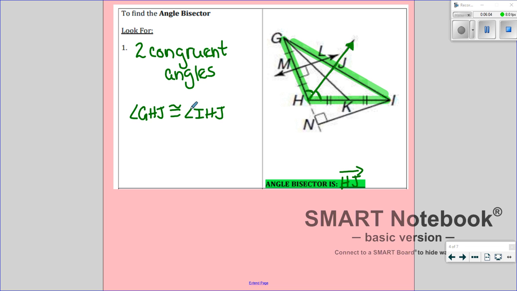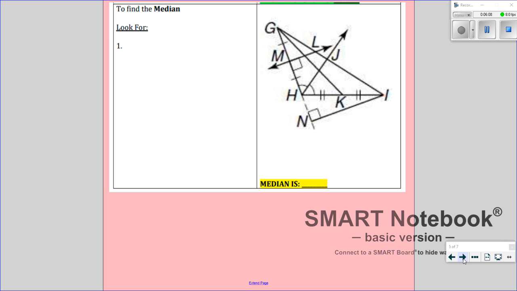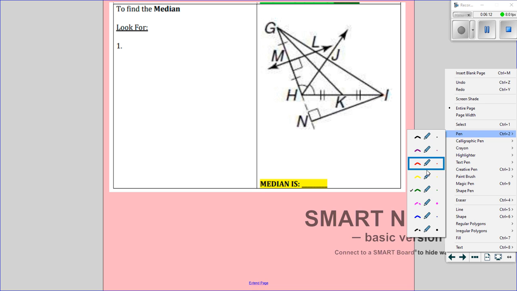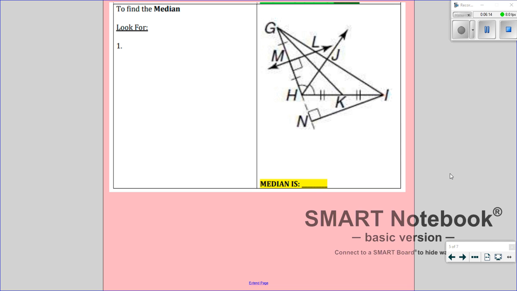And that's all we look for. Okay, the next one is median. I don't know if yellow will show up, but I will try it anyway. If not, I will change to purple. So when you need to find the median, you're looking just for two congruent